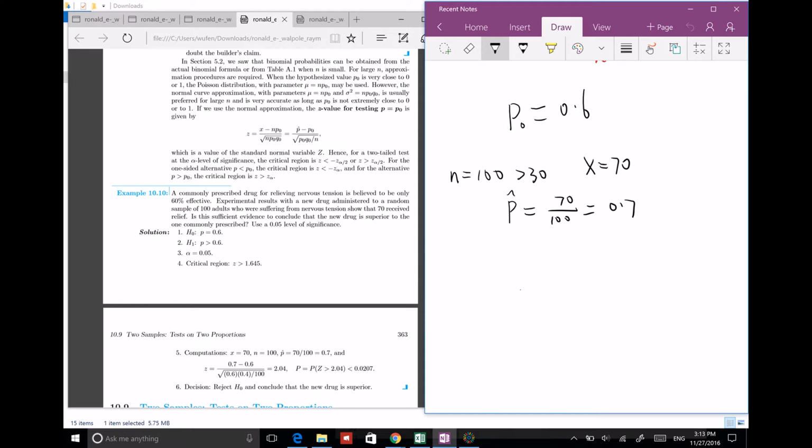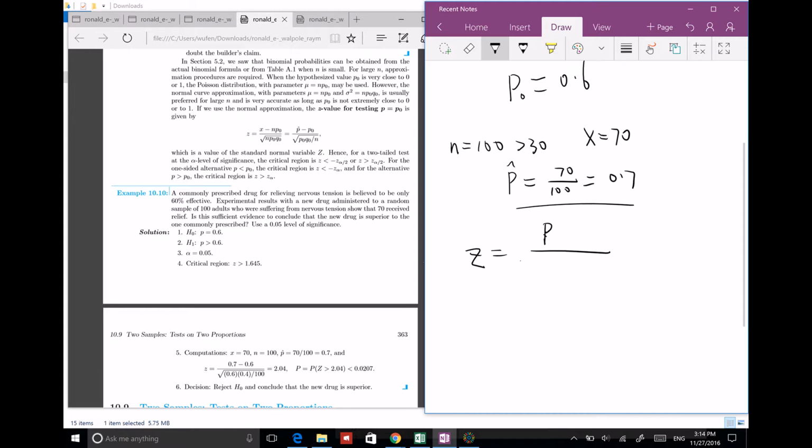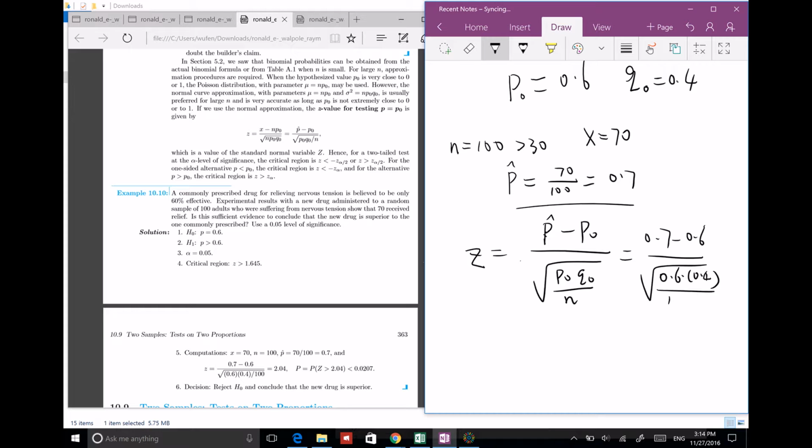So p0 equals 0.6 and the experiment data is 0.7. So we use z equals p minus p0 over the square root, where p0 is what you claim. So z equals 0.7 minus 0.6 over the square root of 0.6 times 0.4, because p0 equals 0.6, so q0 is 0.4, and over 100. You find the z-score is